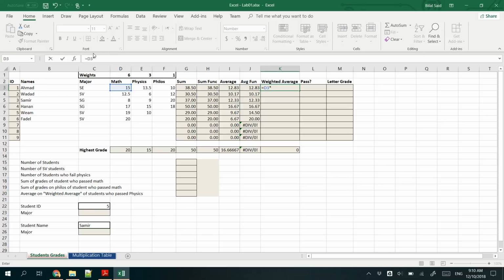So we're going to pick the star operator to multiply the math grade by the weight of the math grade. We're going to use the plus sign to multiply the physics grade by its coefficient, and then the plus sign once again to sum it up with the multiplication of the philosophy grade times the philosophy coefficient. And then to get the average, we have to do this summation, and then at the end, we have to divide by the summation of these